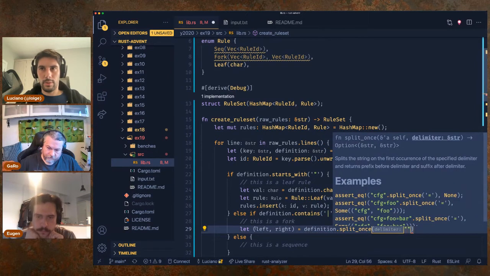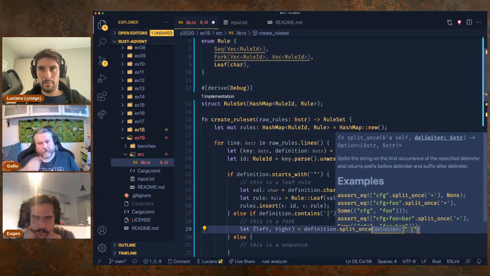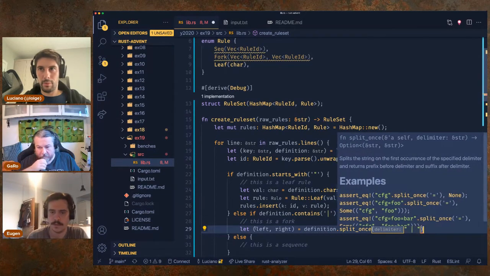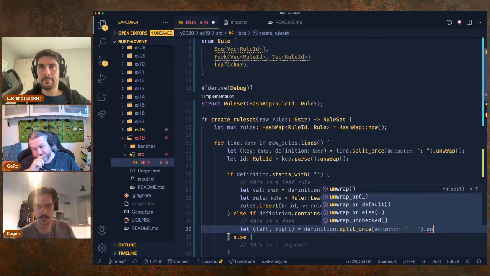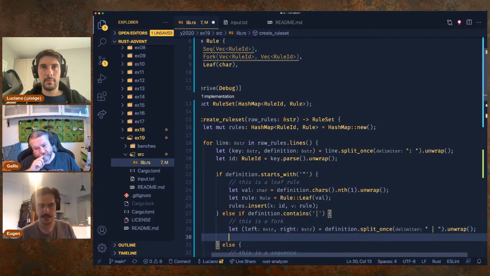And we can use space, pipe, space, I guess. So we remove all the space and unwrap. Well, the numbers are still going to have space in between them, but that's good. Now we can split left. So let's do left